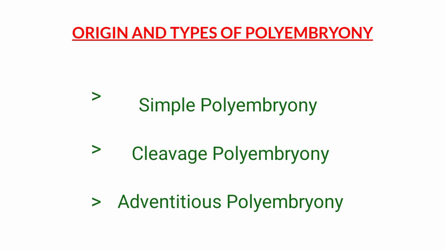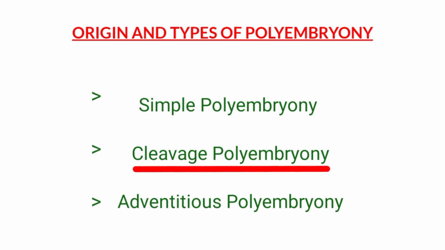Based on the origin, polyembryony are of three types: simple polyembryony, cleavage polyembryony, and adventitious polyembryony. Here, cleavage polyembryony and adventitious polyembryony are true polyembryony. In simple polyembryony, more than one embryo sacs are formed within the same ovule, forming more than one zygote and many